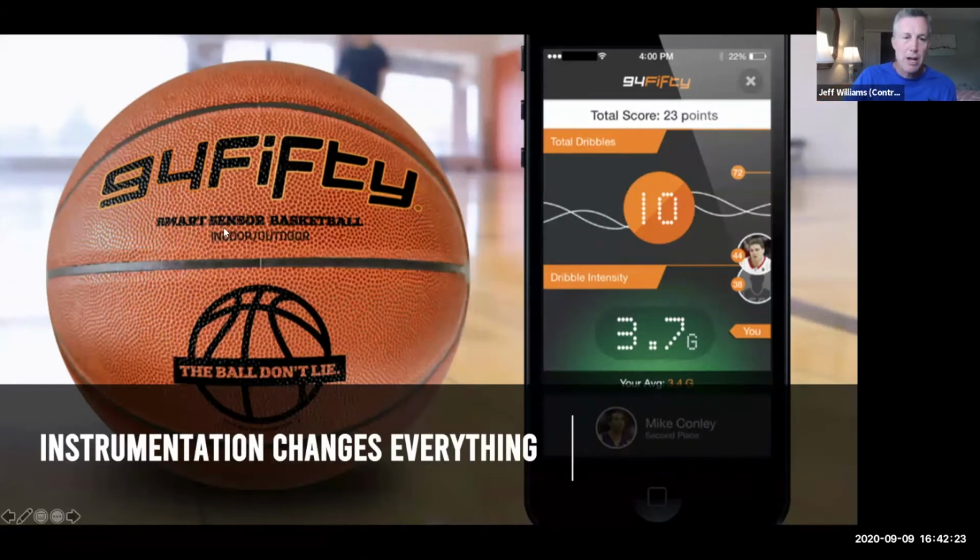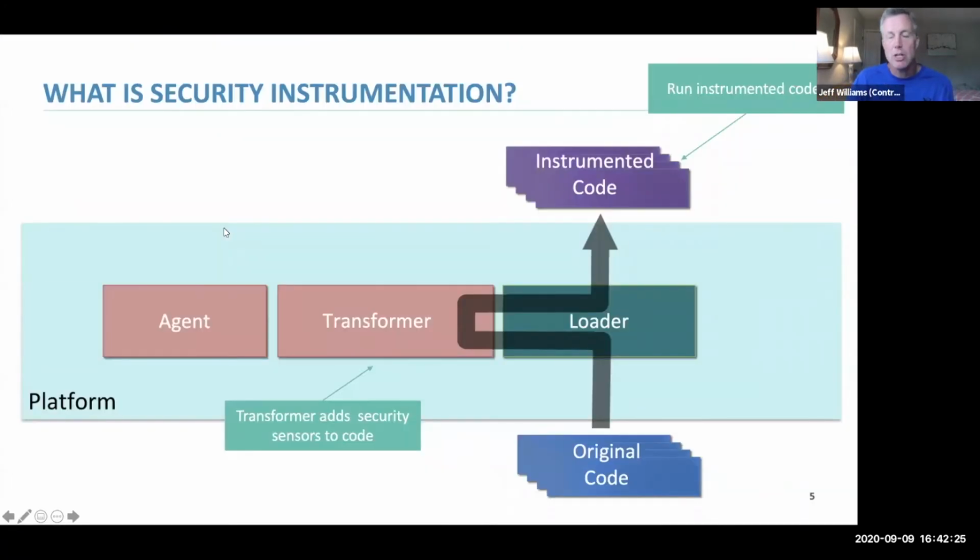So let's talk about how this applies to security. Fortunately, it's easy to instrument software. People have been doing this for 20 years. It's incredibly popular in performance tools like New Relic and AppDynamics. People use instrumentation to measure the performance of their application, get feedback to developers very quickly, and show them exactly where the problem is so that they can go fix it. That's what we need in security.